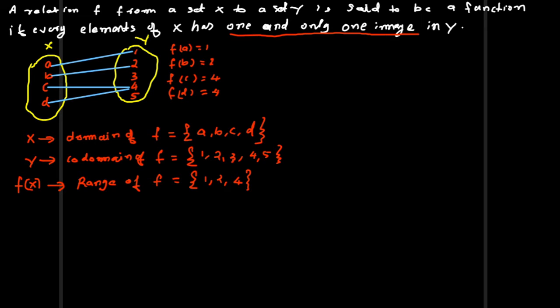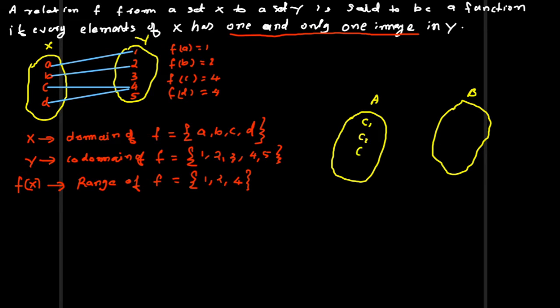Okay, and now consider another example from day-to-day life. Suppose we take the relation between the child and the mother. So we can take two sets like this. Suppose this set we name A, and this set B. The first set is the children: C1 is the first child, C2 is the second child, C3 is the third child. Next is the set of mothers, M1, M2, then M3.